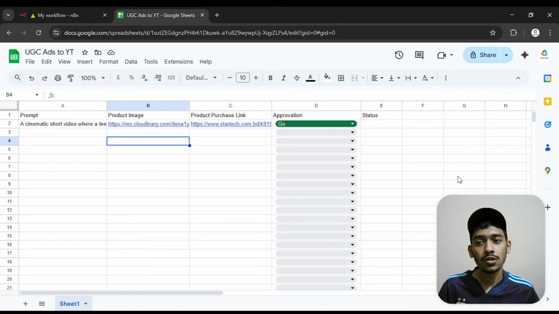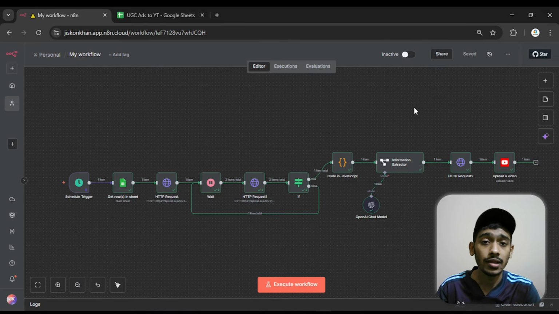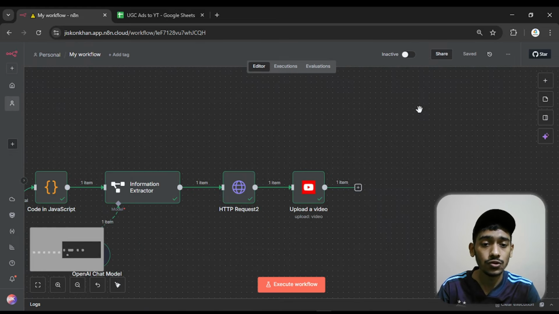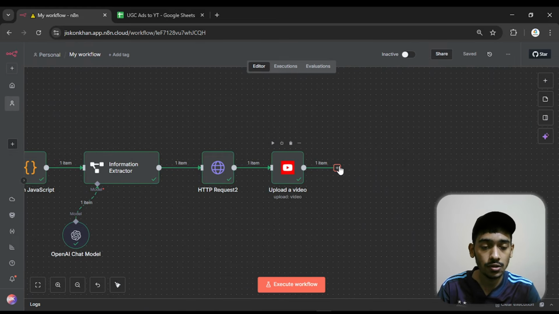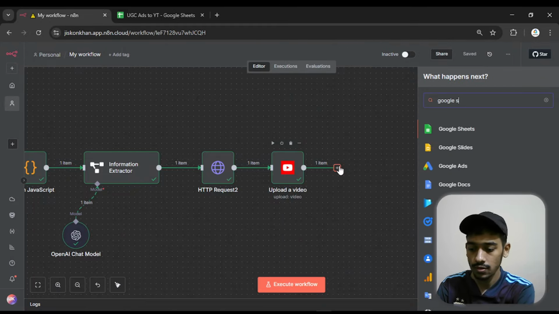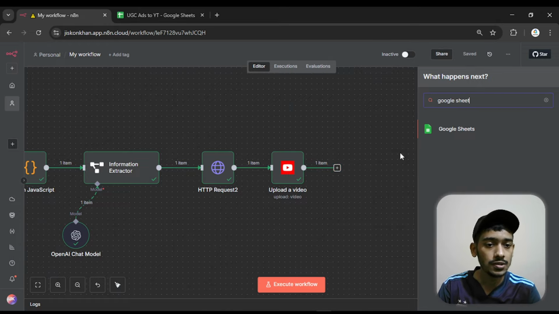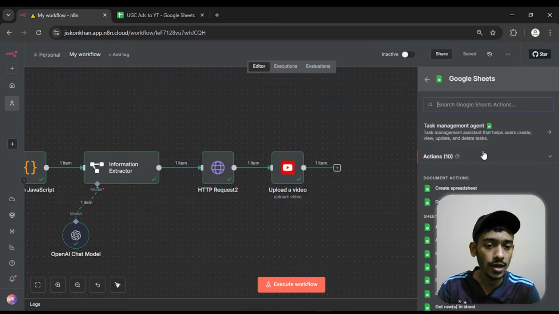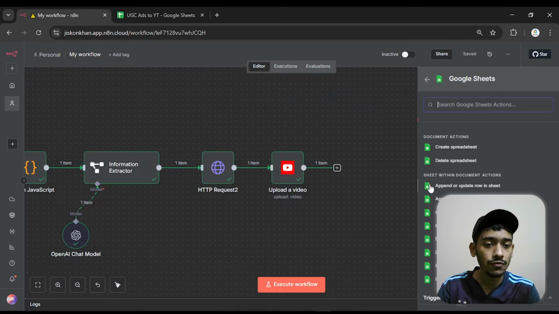So it's almost done. Now we have to add the last node, and again I come here and append. Then I go with the plus, and here go with Google Sheet again. Okay, as you can see, that's the one. I click that, and here I go with the first action, which is called append or update row in sheet. Click that,